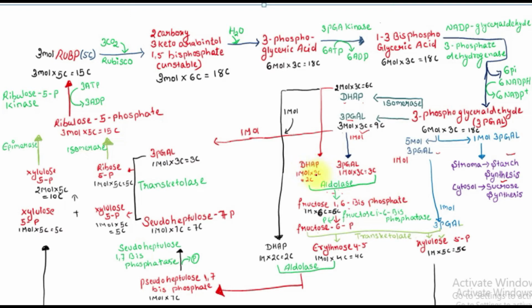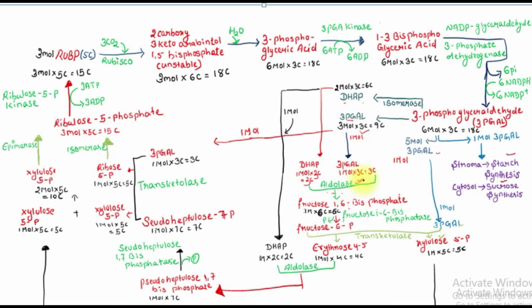This DHAP was a 3-carbon containing compound and this 3-PGAL was also a 3-carbon containing compound. So, in return we will get a 6-carbon containing compound, fructose 1,6-bisphosphate,